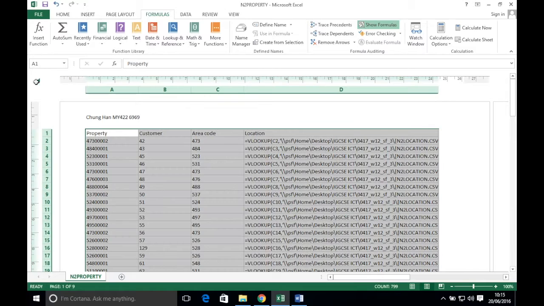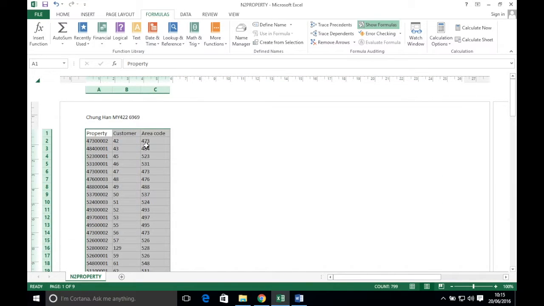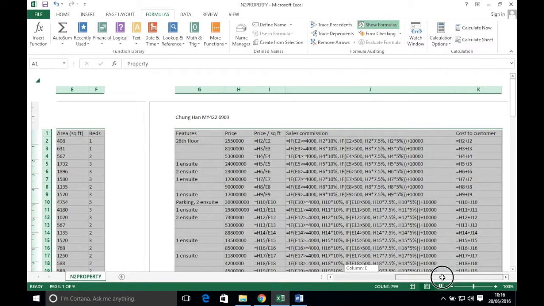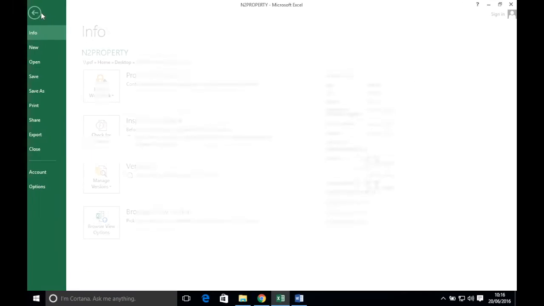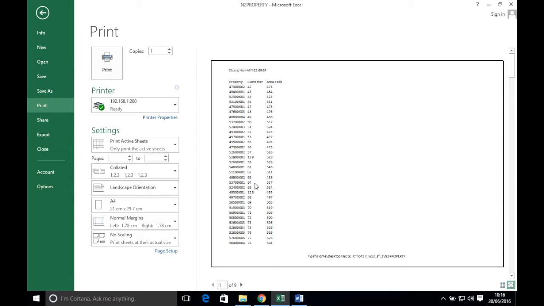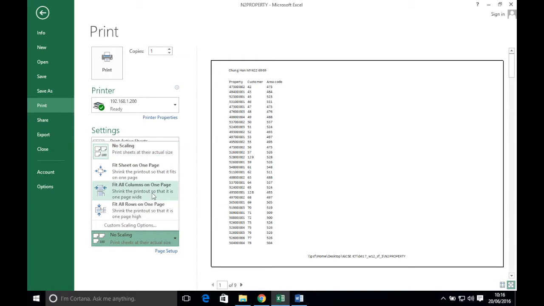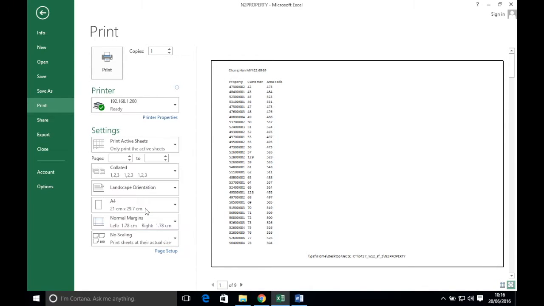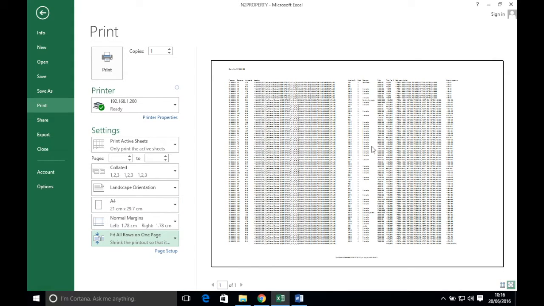So I'm going to select all by clicking here or Control A, and then I'm going to resize. Double click on the column separators here. Okay, don't worry if this happens because your data actually overflowed to the next page. Alright, so let's go to File, Print. Okay, and it says that it wants it across 2 pages wide, right? So I'm going to select fit all rows on 1 page. Okay, and if need be, resize it so that it goes to the next page because it needs 2 pages